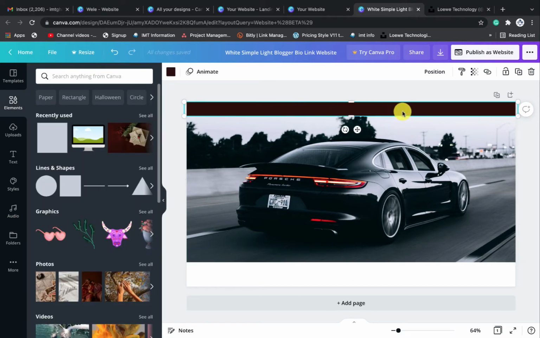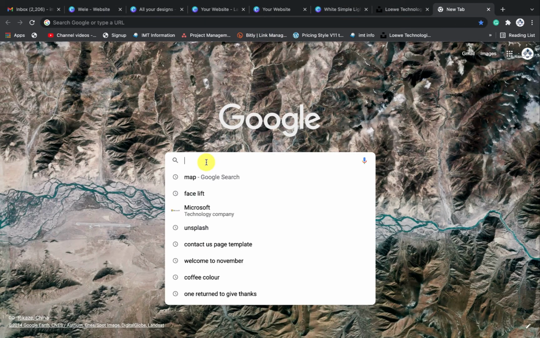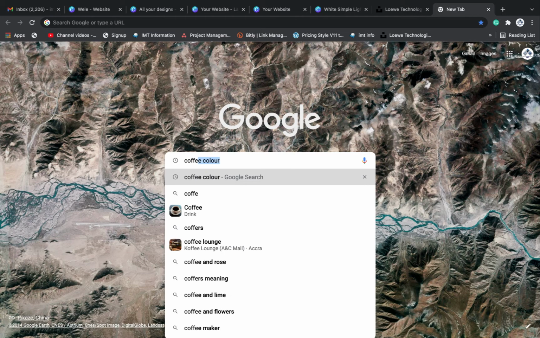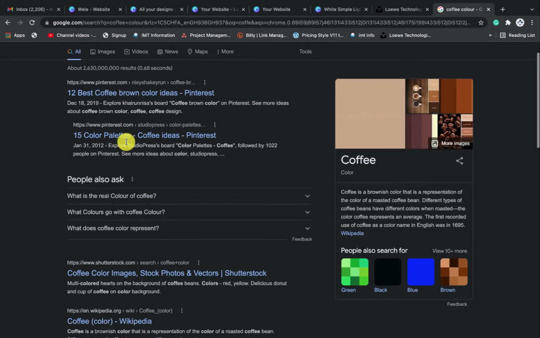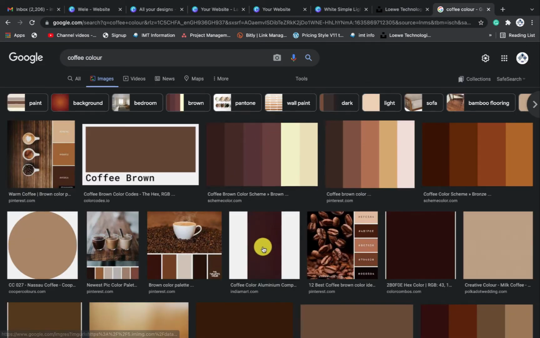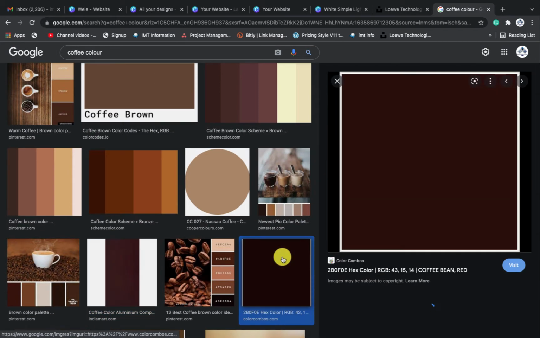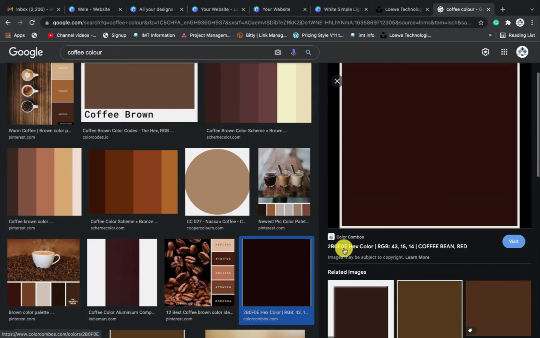You want to know how I got that? Just go to Google and type coffee color. Okay, so just look for the coffee color you want. So you can go to images. This is the coffee color I want, so something like this. And that is the color coding we just typed in. Okay, let's move on